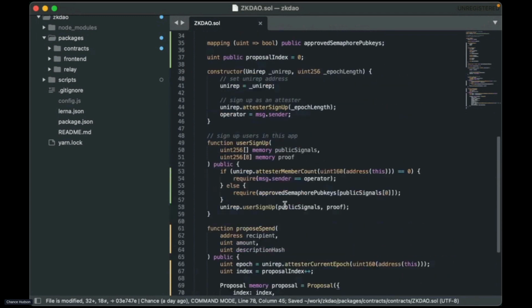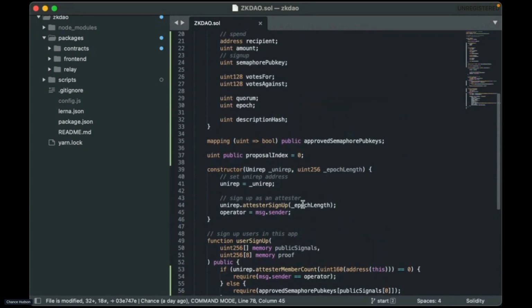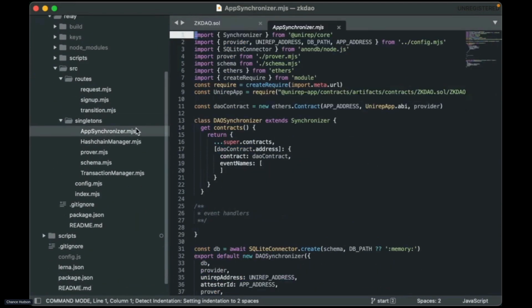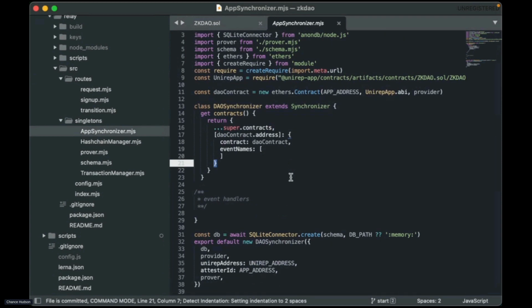Okay, so we have a little bit of a contract here. Now, how do we get to the point that we can track this off-chain? Let's take a look at the relay. We have this thing called a synchronizer. This is what we use in UniRep to build off-chain state.